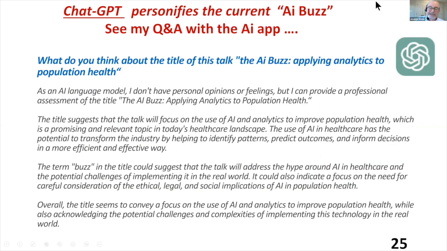This is sort of intermission. You can't have a talk nowadays on AI without ChatGPT. OpenAI. I asked OpenAI what it thought about this talk, and it gave me a B-minus answer. It wasn't bad. It doesn't have a personal opinion. They thought that population health AI was good. They thought I was a little cynical by using the term buzz, but maybe we should think about ethics and social implications. Overall, it liked the title. Hey, they get some points for that, and if you haven't, you should try it. I'm always worried as a teaching professor about will students use it. But anyways, that's a little